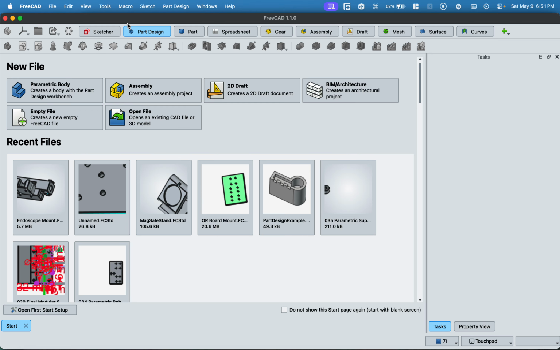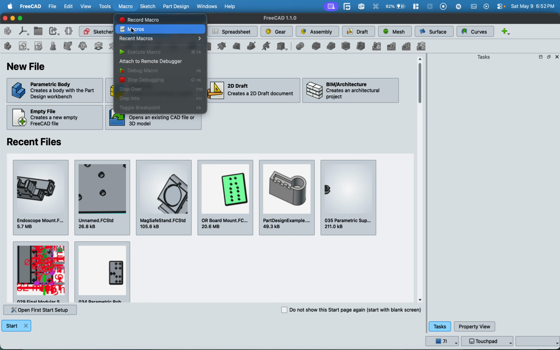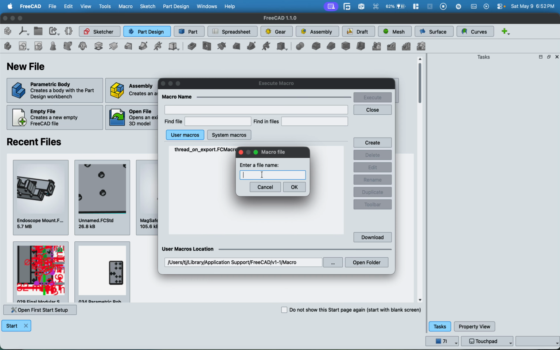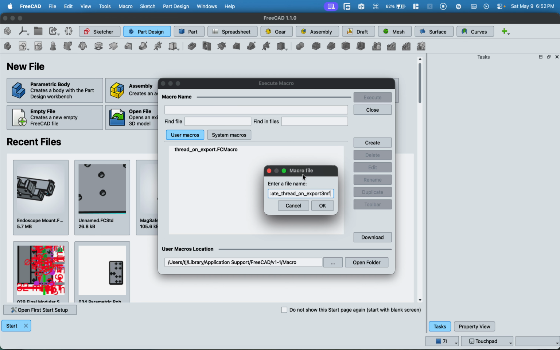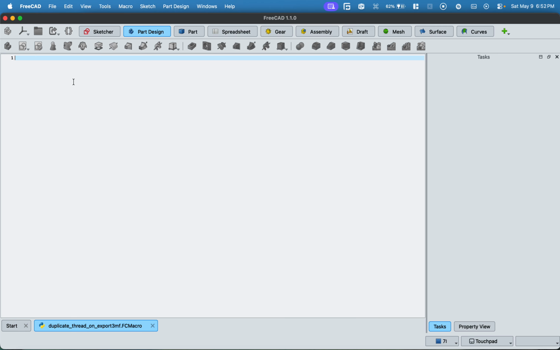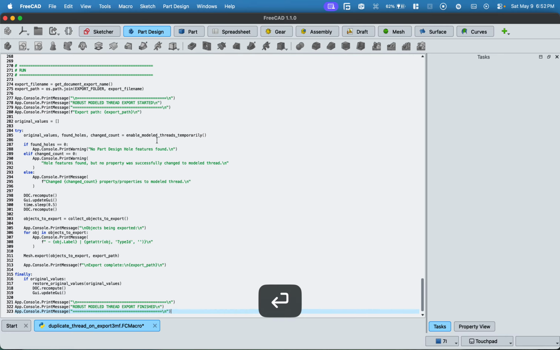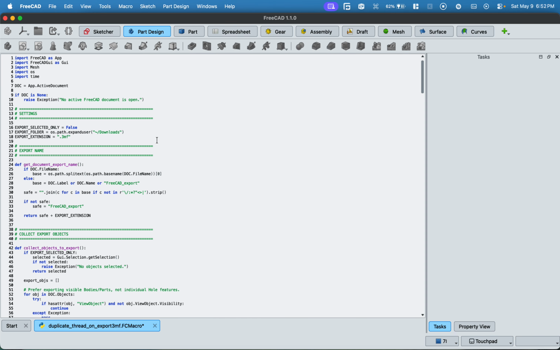So to create a macro, you go to macro, you click on macros. Since I already have it, I'm going to create another macro called, I'm just going to say, duplicate thread on export 3MF, which is our 3D printer ready file. Okay, I'm going to click OK, and here's where you paste the code. Paste the code here,